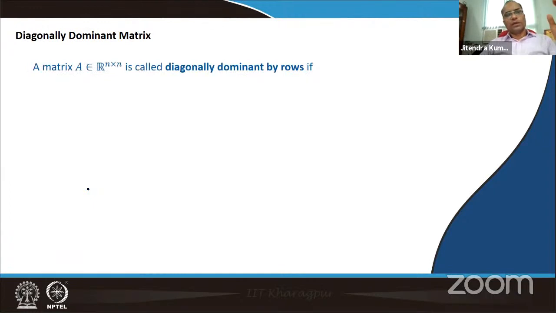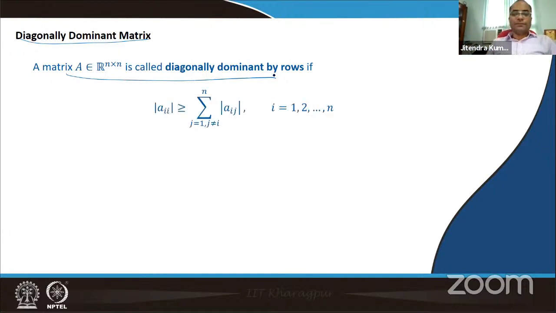Well, so matrix. This is one where we start, because this is one condition which is very easy to check, and then we can actually tell whether the given method is going to converge or not. So this is the first one, where we check whether the matrix is diagonally dominant by rows. A matrix A is called diagonally dominant by rows if, summing up all the entries in the row except the diagonal entry,